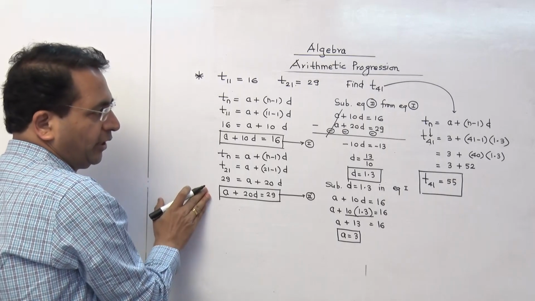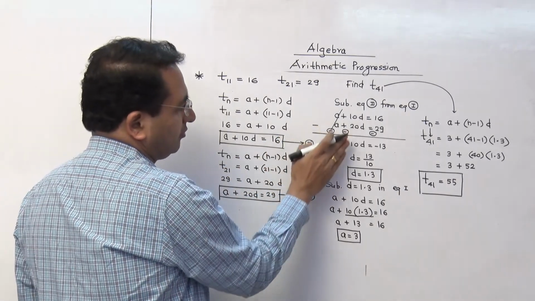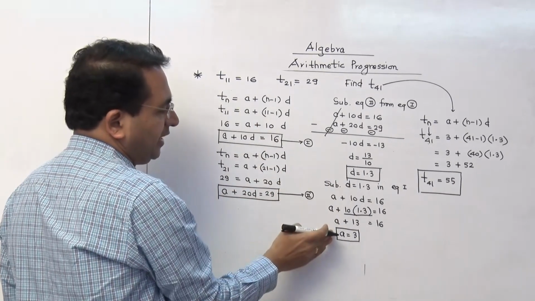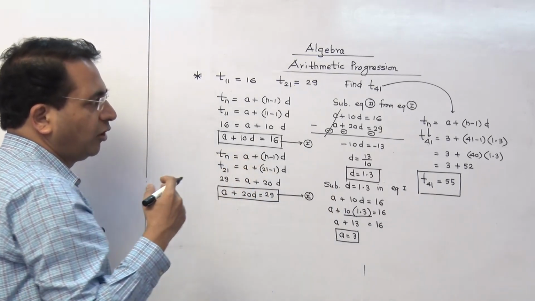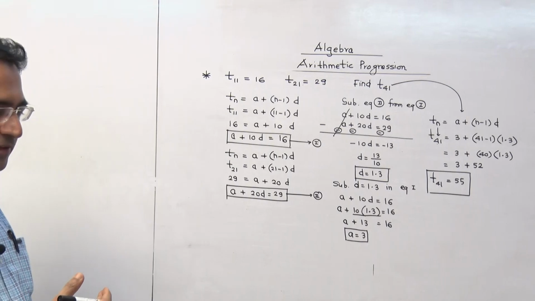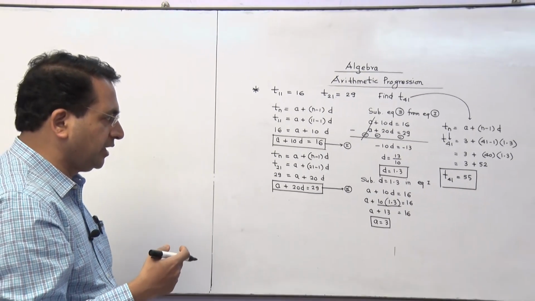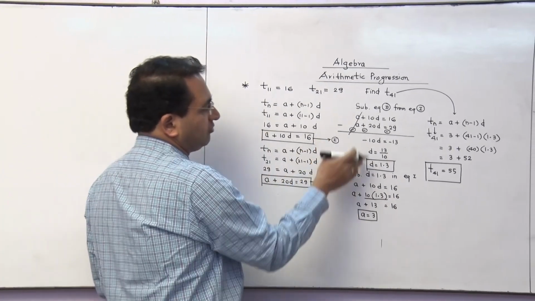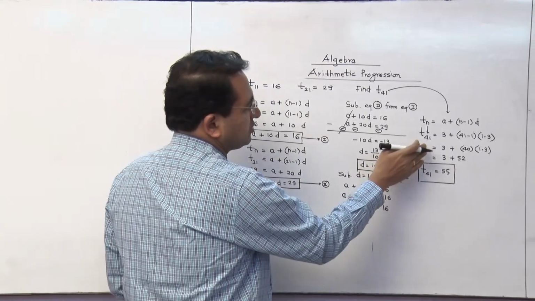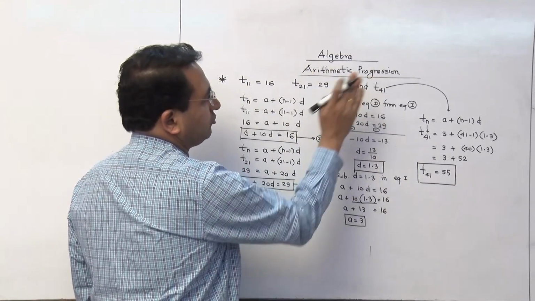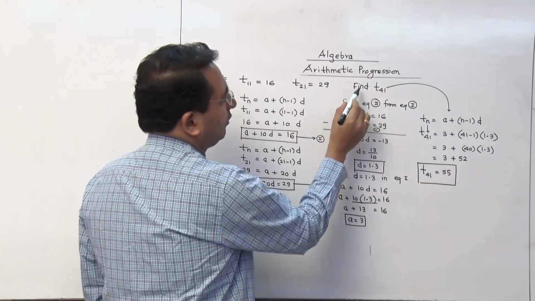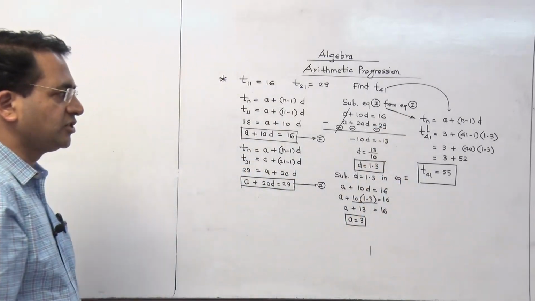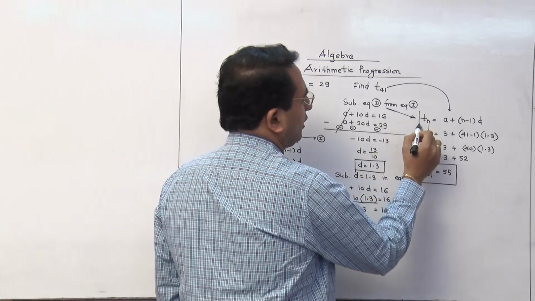First, forming the equations accordingly. After that we are going to have this addition, subtraction according to your requirement here to find the values of D and A. That means solving the equation simultaneously, that is going to be an important procedure in many questions. Once you are very thorough with solving the equations easily to get the values, this part is very much common in arithmetic progression chapter. Finding out the value of Tn, we are consistently using this formula. Tn is equal to A plus N minus 1 into D.